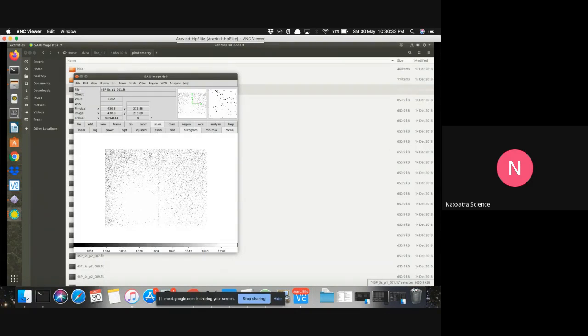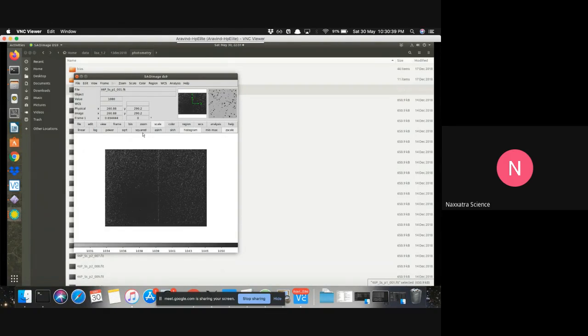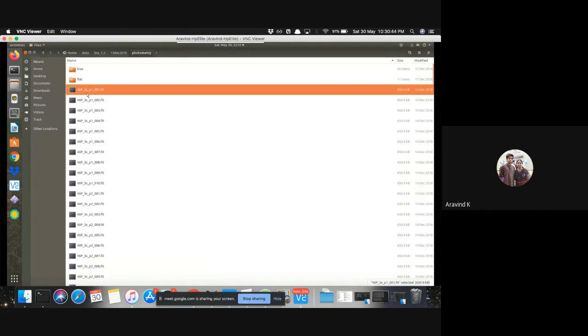Are the corrections applied before you load it into DS9, or is it more of some preliminary viewing thing? Do you usually perform the CCD corrections before? No, it's basically a visualizing tool. In many observatories, like in my observatory itself, there is another instrument which does spectroscopy as well as photometry. It has a CCD, and once the observation is done, it directly shows the image in DS9.